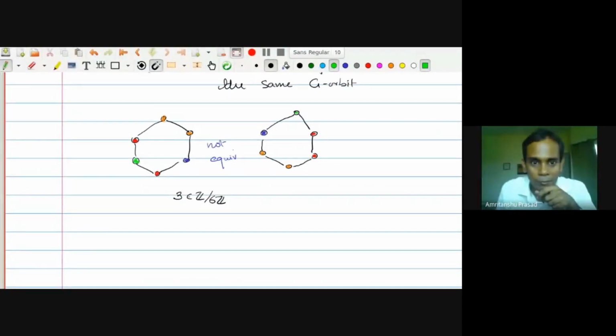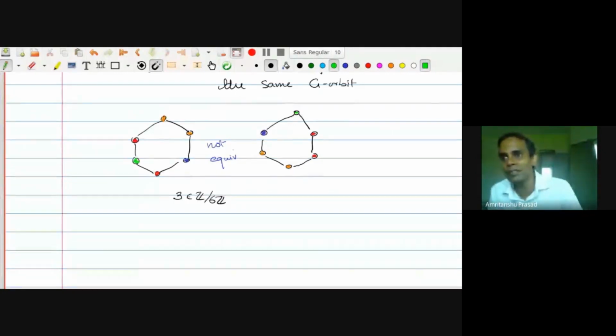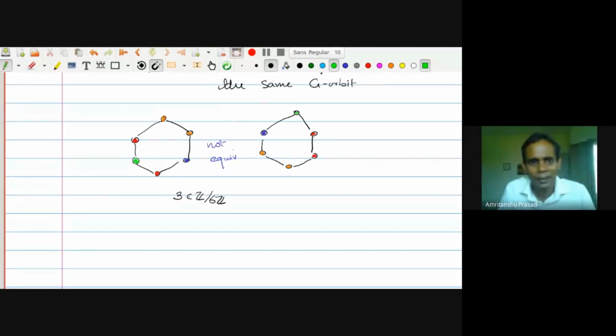And this is a problem that arises all the time in chemistry. So in chemistry, you can have molecules which have the same atoms, but they are arranged in different ways. Okay, I won't go into the chemistry thing. You'll find a lot of very nice examples in the book of Polya and Reed. I don't know if this works really in chemistry, like you have benzene, and in benzene, you can put different radicals on the different carbon atoms. And so you could imagine that you have a green radical, orange radical, red radical, and blue radical, and they are arranged like this.